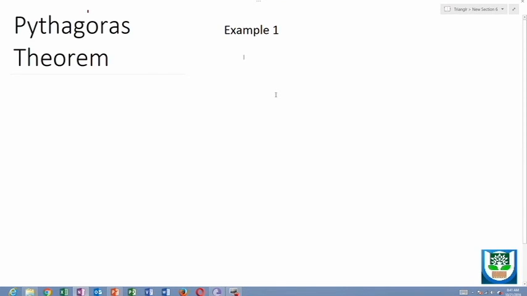Dear friends, today we will see how Pythagoras works. Suppose this is a triangle, a right angle triangle, because the Pythagorean theorem is applicable only in a right angle triangle, and this is side A, this is side B, and this is side C. Now, for example, side A is 3 and side B is equal to 4. What will be side C? That's very easy to find out through the Pythagoras theorem.